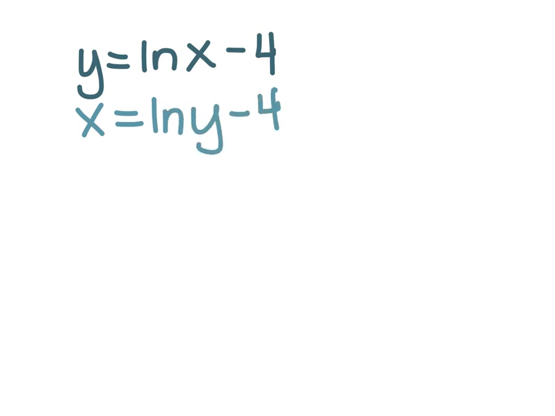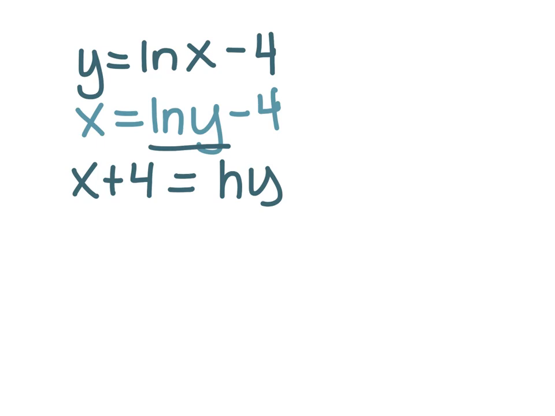And then when we rewrite it from logarithm to exponential, before you can go from here, we have to make sure that the natural log is isolated, or any log. The log is isolated. That has to be by itself. So we have to add 4 to the other side first. We need x plus 4 equals the natural log of y. That has to be isolated. Then we can take, okay, our base is e. We're going to raise it to this entire other side, e to the x plus 4